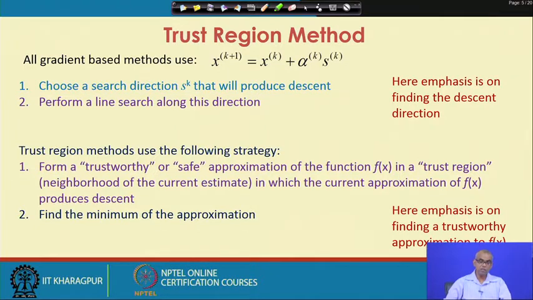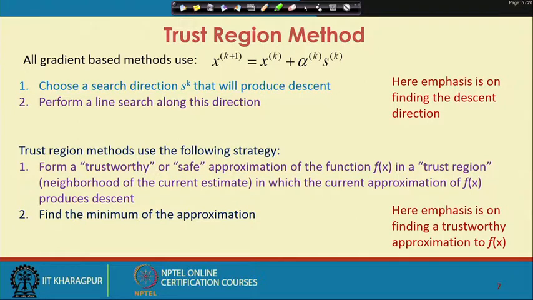The trust region methods use a slightly different strategy. In case of trust region methods, we form a trustworthy or safe approximation of the objective function f in a trust region, which is basically the neighborhood of the current estimate, in which the current approximation of f x produces descent.